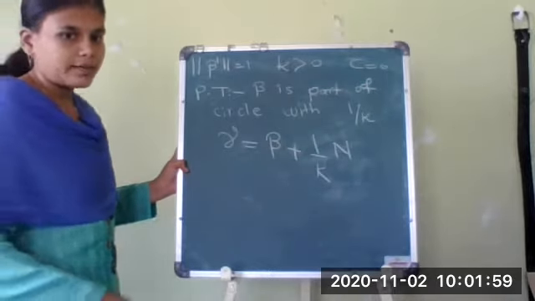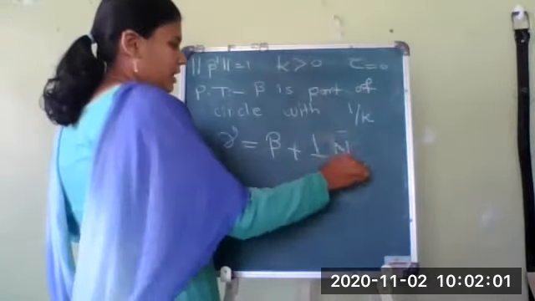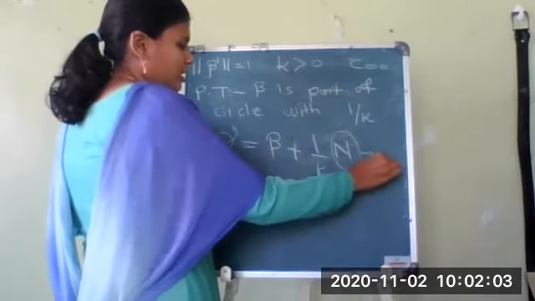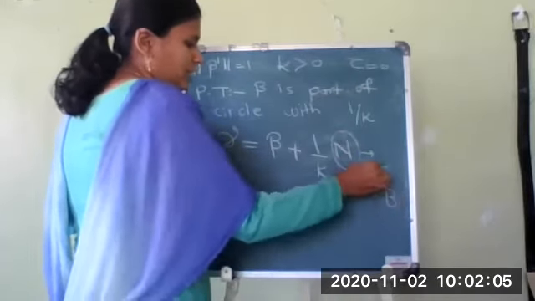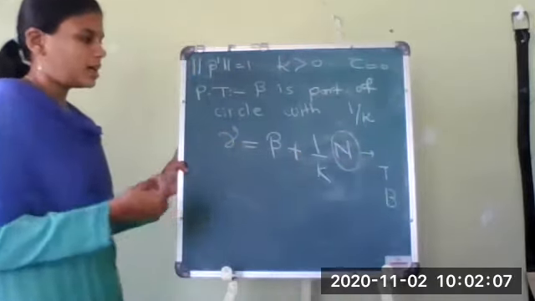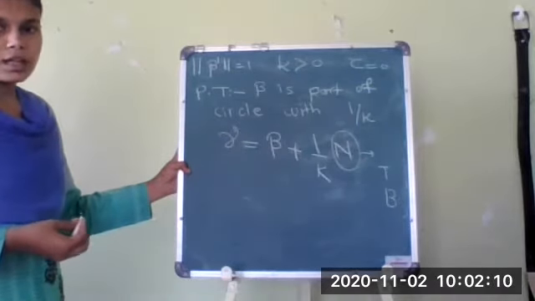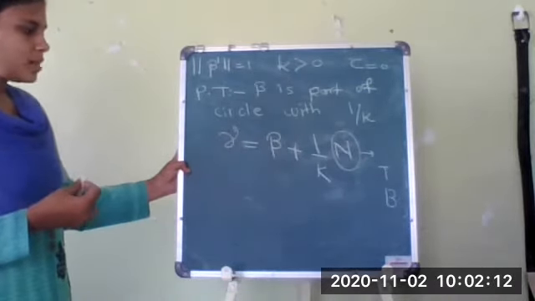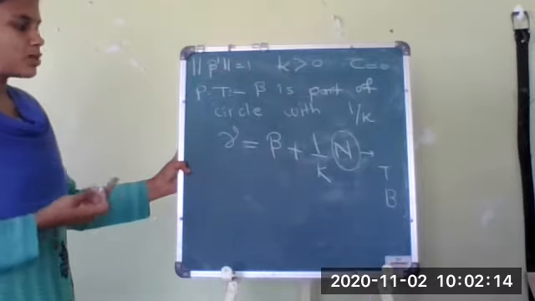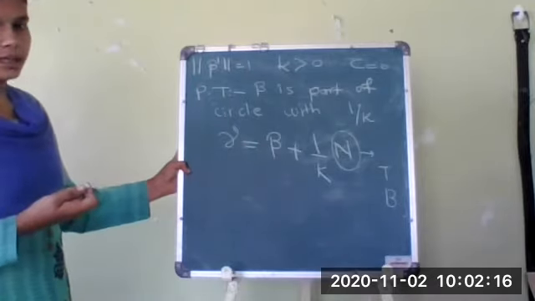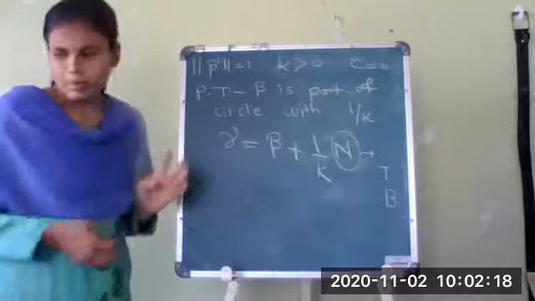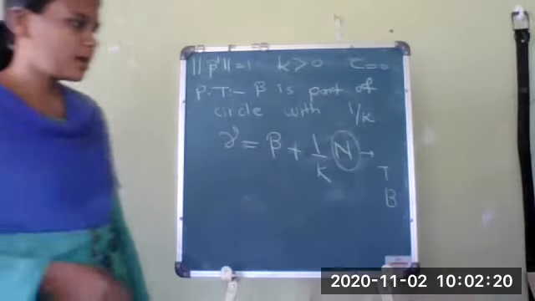Now one may ask why we have to take n. We could take any function like t or b. Out of t, n and b, can we take any one of them? Later on, after the proof, I will show why it is not possible to take that. So first we will prove this result.